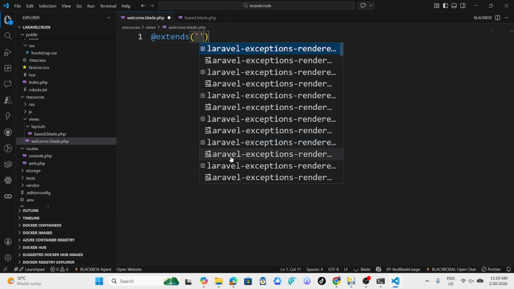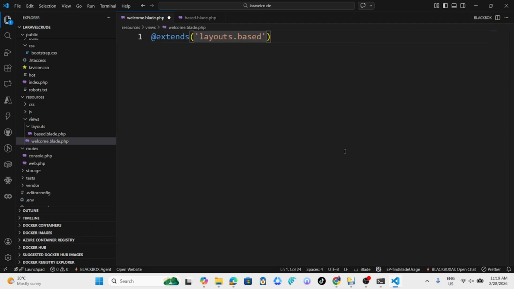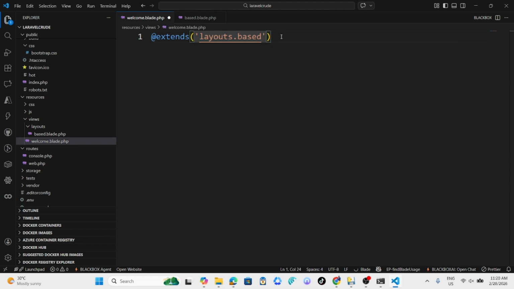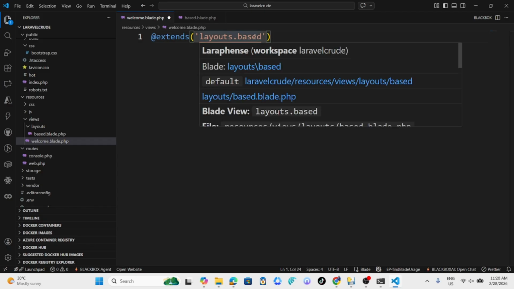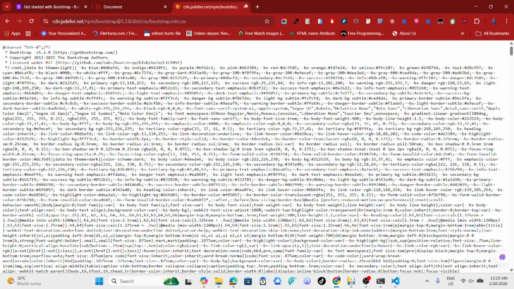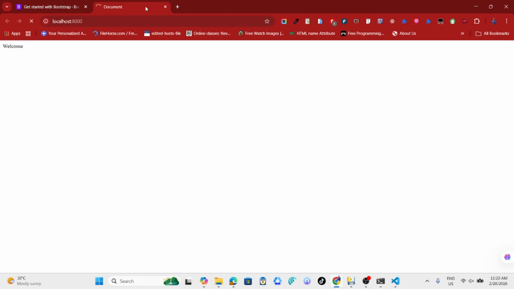extends, now layouts. This layouts you see is the name of the folder, and this base is the name of the file inside the folder. So if you change the name from base to header.blade.php, this will be header.blade.php. So this base is the name of the file. If we save the changes and you refresh your page, we don't need this anymore, and you refresh your page,